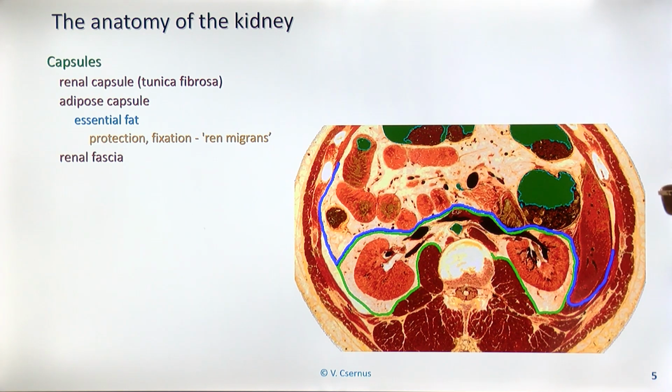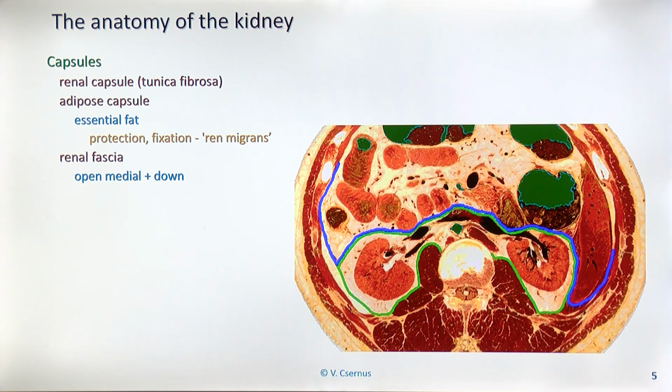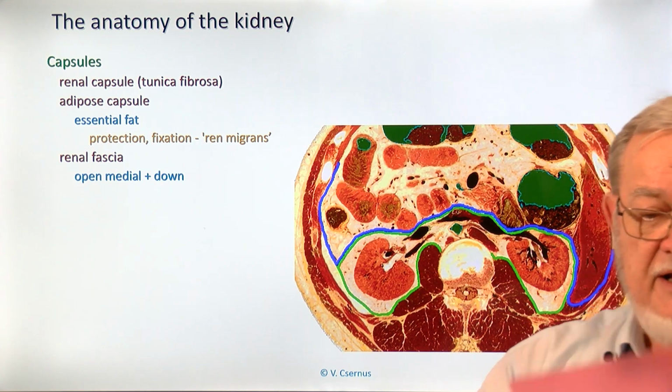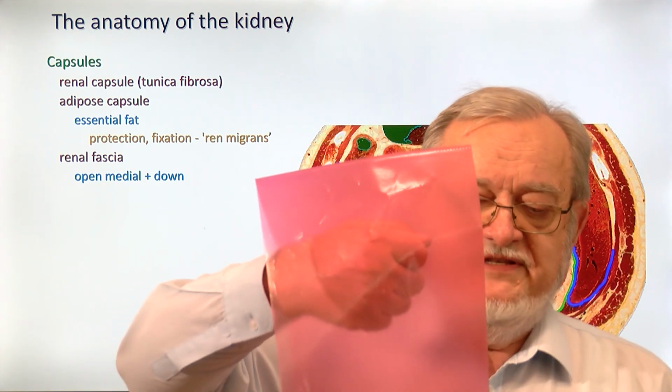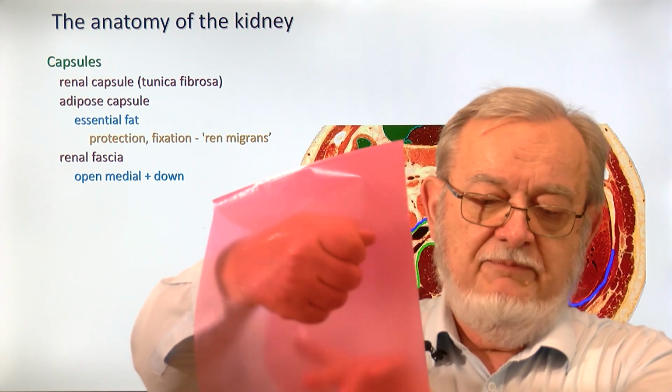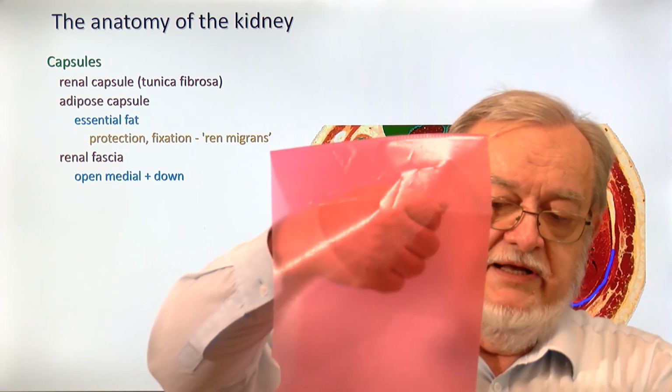conducting the urine. The renal fascia is the outermost layer, represented by this green line, which goes around that. And you can imagine that it has 2 laminas. This is very similar to a simple folder. So here we have a kind of folder, and this is my fist inside. We have an anterior and we have a posterior lamina of that, and also upper and laterally they are fused